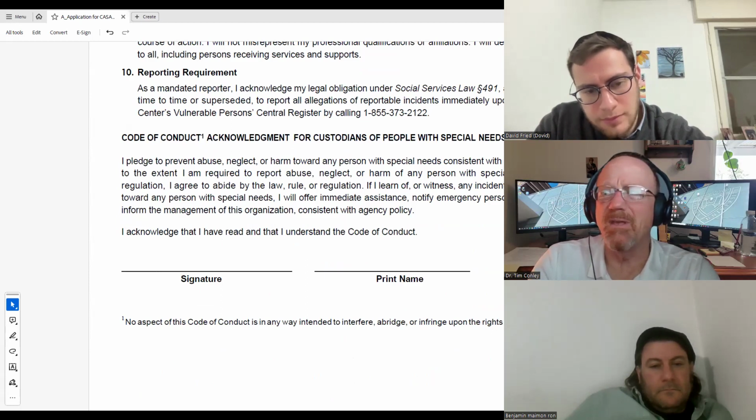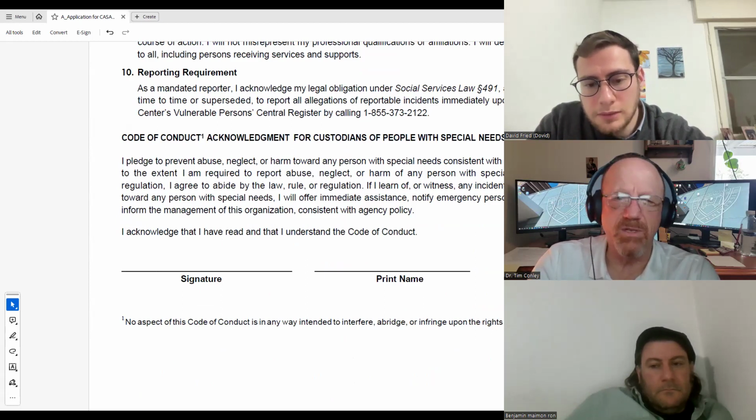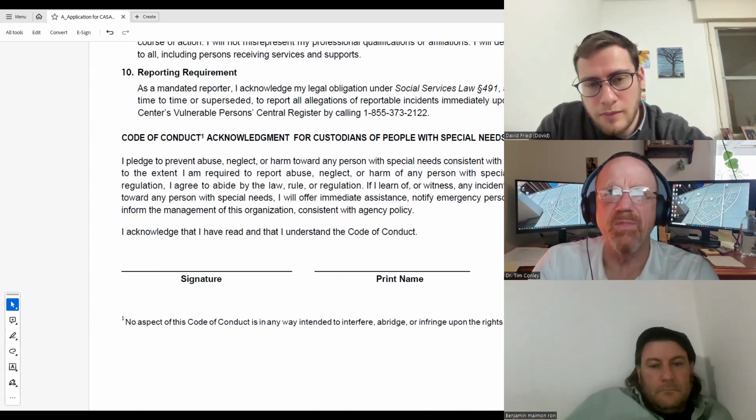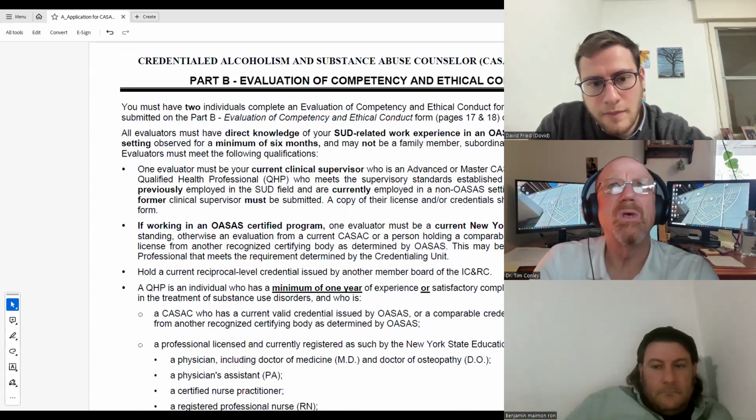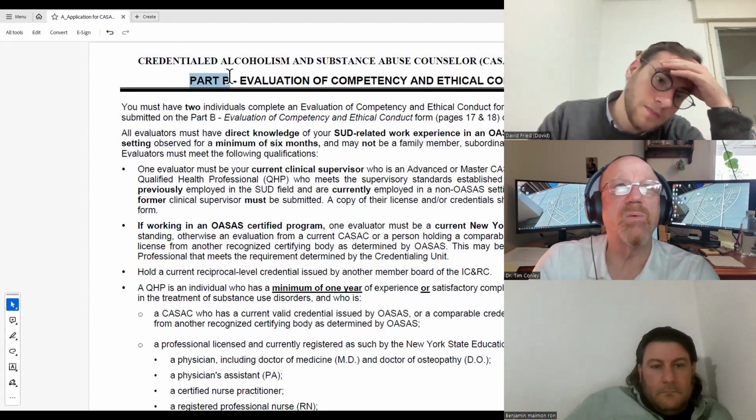Footnote, historically, there were more ethical issues for people of diminished capacity, so we have to be careful with that and be sure that we understand New York law about that. But we're social workers, so generally we have had that. This is the second. Now we made it all the way to part B.